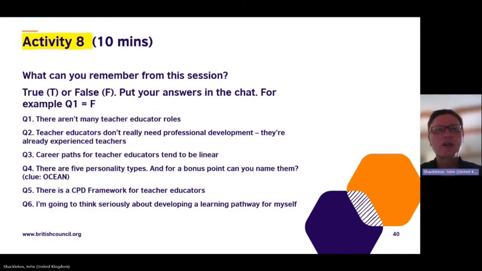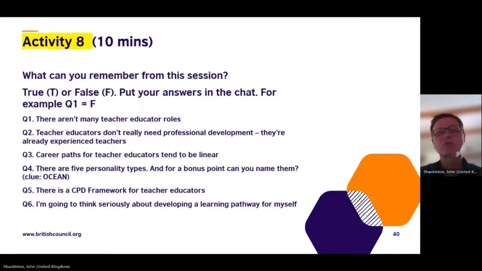Okay, I'm sure you've got to the end there, and I'm just going to quickly run through the answers just in case there are any doubts about it. Yes, question number one, it's true, of course, there are many teacher-educator roles. Does that matter? Yes, of course it does. And it matters because if we're saying that professional development, for it to work, has to match what it is that somebody does, then clearly the fact that teacher educators do many different things means that the range of professional development opportunities has to be large, and it has to be, in essence, needs-based, of course.